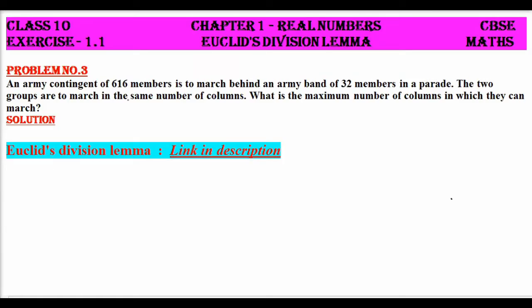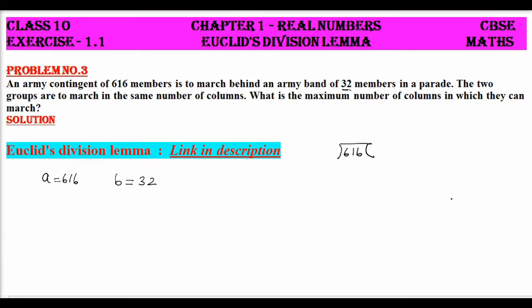Having clearly seen why we are going to find the HCF of two numbers, the given two numbers are 616 and 32. Okay, now we'll apply Euclid's division lemma. Already I have given the description of Euclid's division lemma in the link below. You can go through it before solving the problem. Okay, now let me take the two numbers, the bigger one as A as usual, 616, and B equal to 32. And let's apply Euclid's division lemma to these two numbers. That is, let me divide these two numbers and get the quotient and remainder.